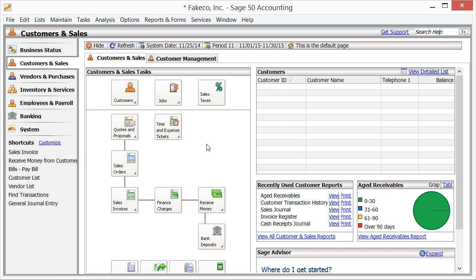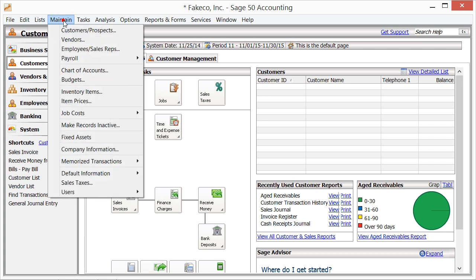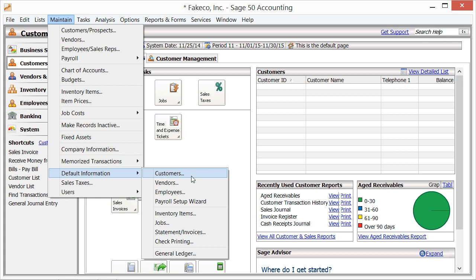Before entering new customers into your company file, you should ensure that you have the customer defaults set as desired to prevent having to enter repetitive data values into each new customer record you create. You can access the customer defaults settings in the Customer Defaults window by selecting Maintain, then Default Information, then Customers